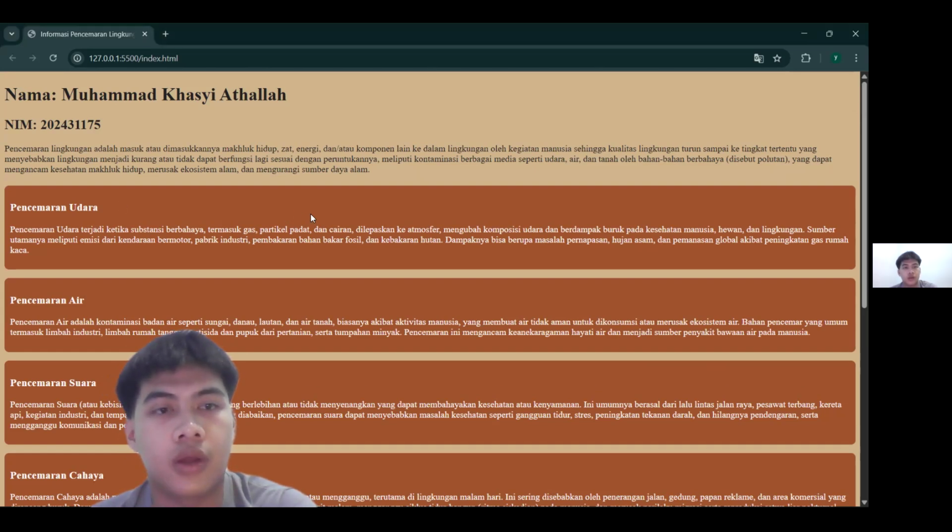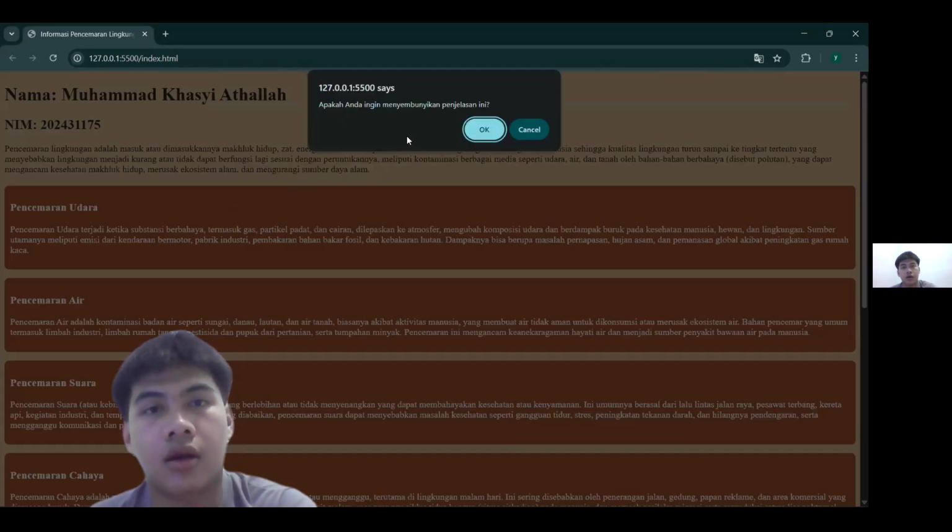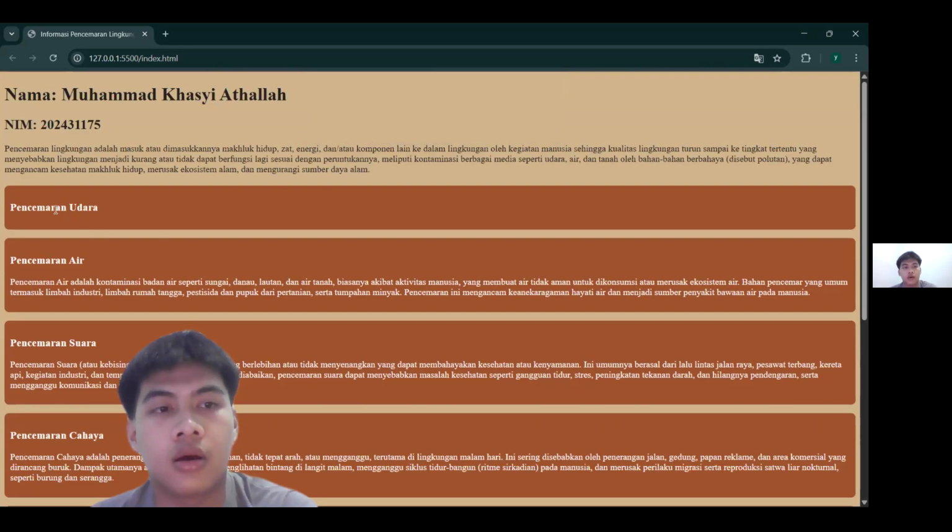You can see when I click this section, pencemaran udara, and then comes an alert that says "apakah Anda ingin menyembunyikan penjelasan ini." When I click OK, then the section will be hidden.